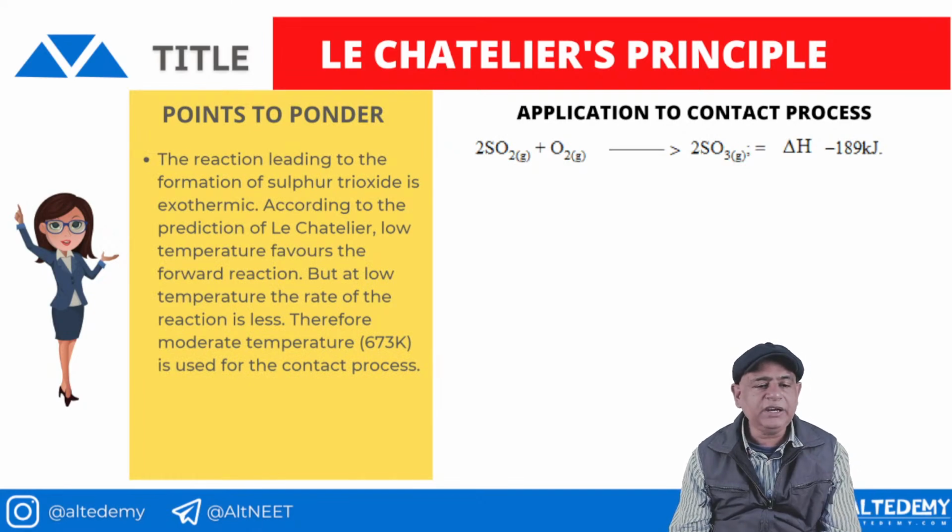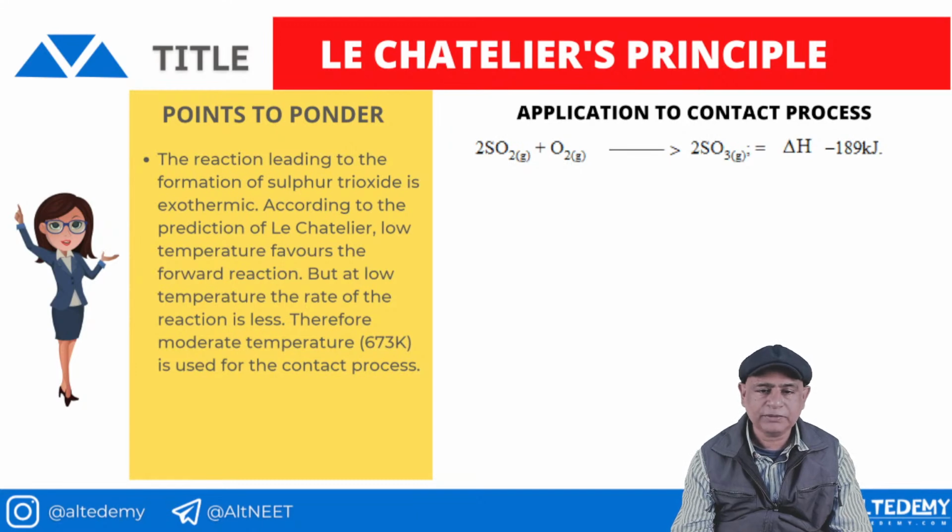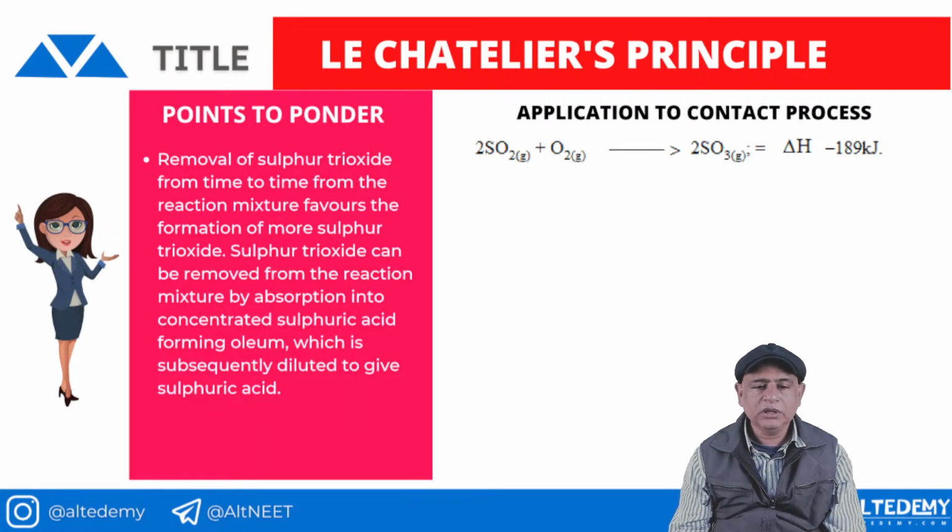Well, the reaction leading to the formation of sulfur trioxide is exothermic. So according to the prediction of Le Chatelier, low temperature favors the forward reaction, but at low temperature the rate of the reaction is less. Therefore, moderate temperature like 673 Kelvin is used for the contact process. Okay. Coming to